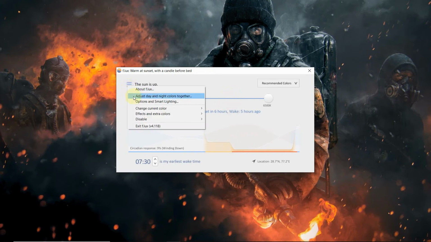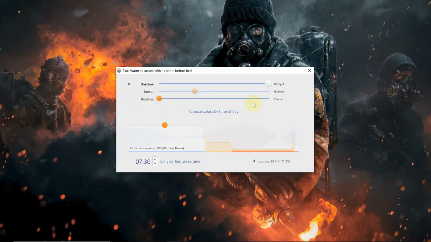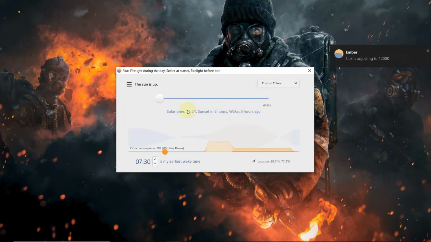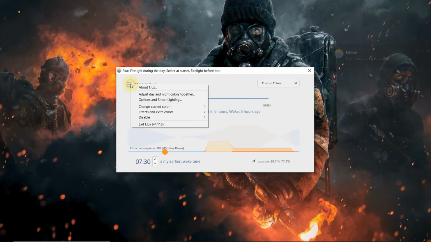You can go to the adjust day and night settings, and when you move the sliders, the blue light filter comes into action. However, since this is a screen recording, you will not be able to see it clearly. If you download it, you can easily understand that. And then you can go to this change current color. There are various Kelvin levels: the lower you go, the higher the filter level would be, and the screen would turn more and more orangish. And here there are various presets also which you can play through, and then there is vignette mode, grayscale and all.